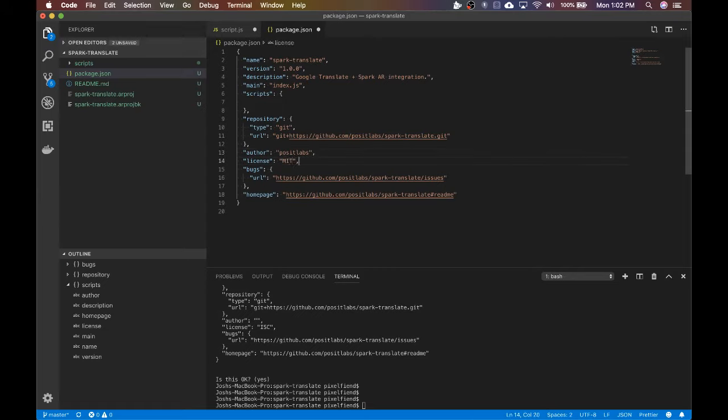I use MIT kind of arbitrarily. I don't really care what anybody does with my code as long as I'm not responsible for it. So that's that. So we're going to install,